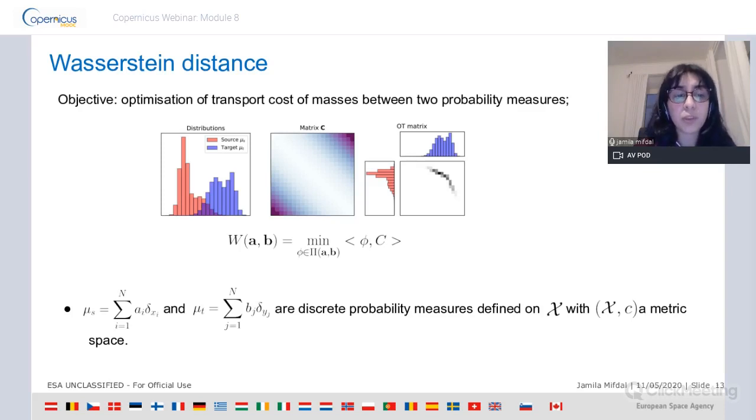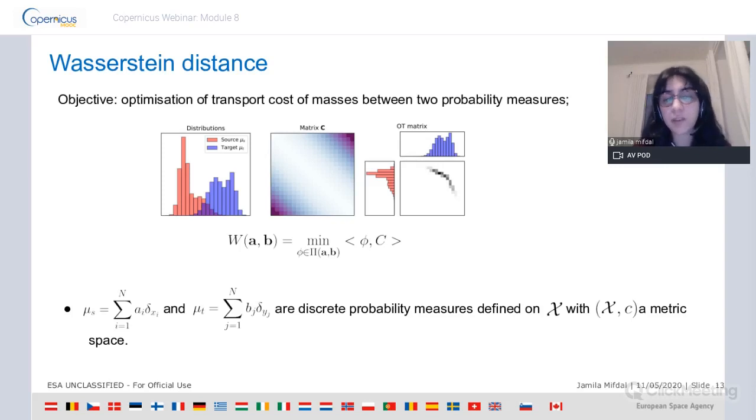The distributions mu s and mu t in this example are sums of Dirac masses. For example, for mu s, the masses are a_i located at locations x_i, and mu t is a sum of Dirac masses as well, with masses b_j located at locations y_j.